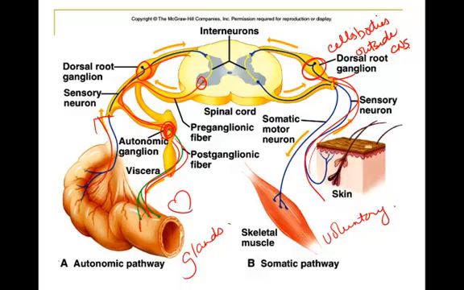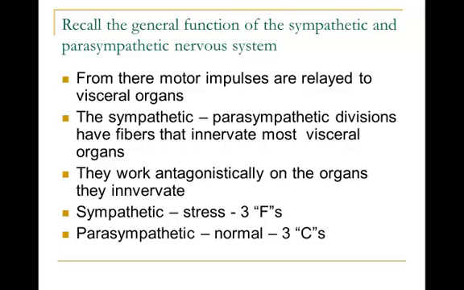Okay, so that's looking at the 2 pathways. Now, every organ except the adrenal glands has 2 wires to it. I like to refer to it as a red wire and a blue wire. One is the sympathetic wire, red, and the blue wire is parasympathetic. So depending on what's happening in your life, the control of that organ, remember we don't have any control over